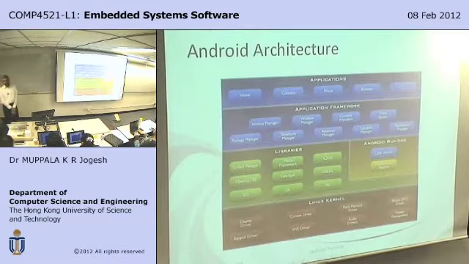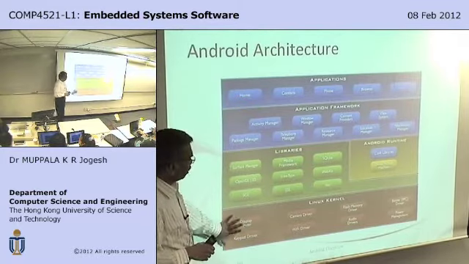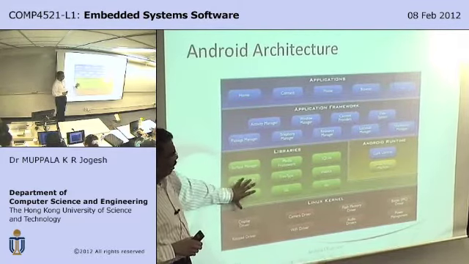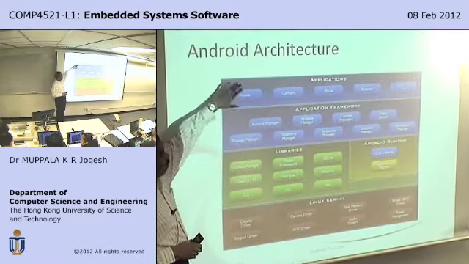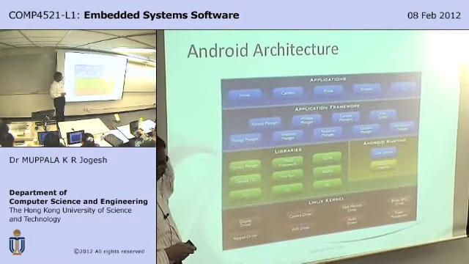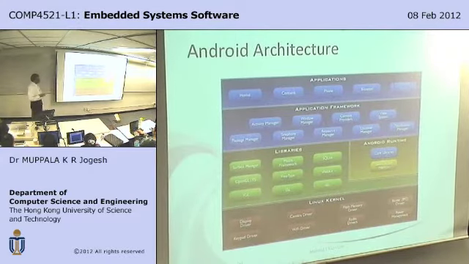What does the Android platform or Android stack look like? As I said, 3 basic layers. You have the kernel down below, and then you have the libraries and the application framework, which is the middleware, and then you have your applications on top. Let's look at each one of these in a bit more detail as we go along, examining one by one,